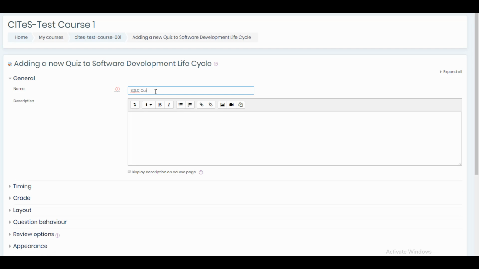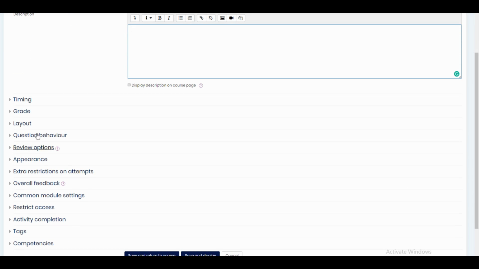We have discussed all these things in an earlier video. You can even go through the other settings and click on Save and Return to the course.